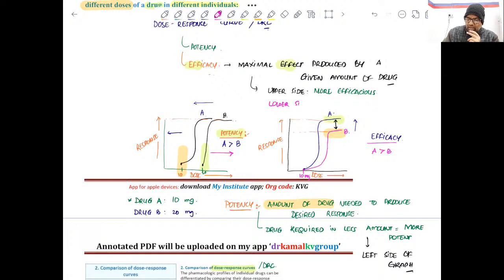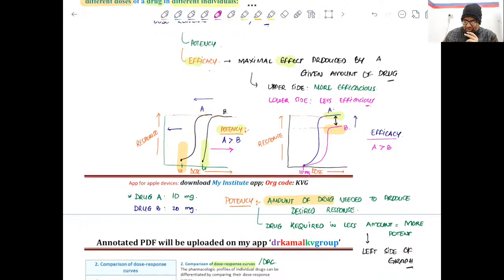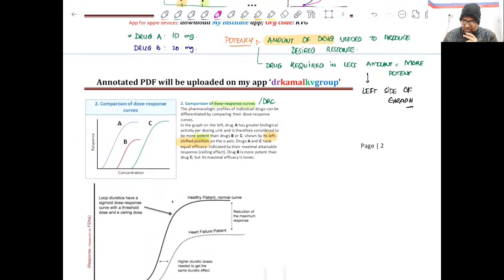Lower side, less efficacious, right? So this kind of questions we have in the examination about comparing the potency, comparing the efficacy. So this is the concept. More towards left side, more potent. More towards upper side, more efficacious. Clear? So make sure you don't mix up in this